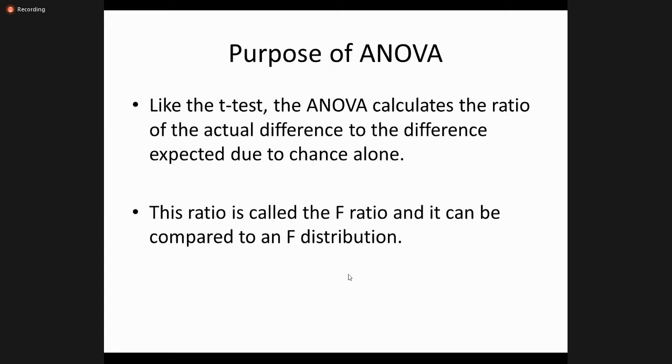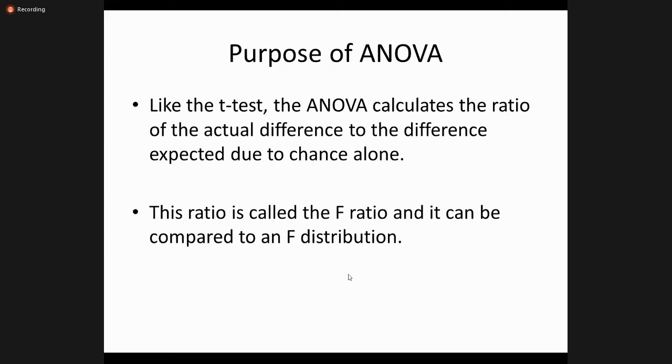This ratio is called the F ratio, and it can be compared to an F distribution. Like the T distribution or Z distribution, there is also a table of the F distribution available in statistical books and on the internet.